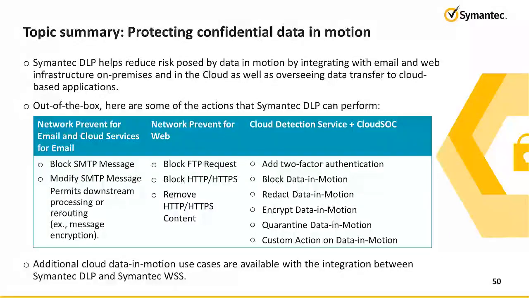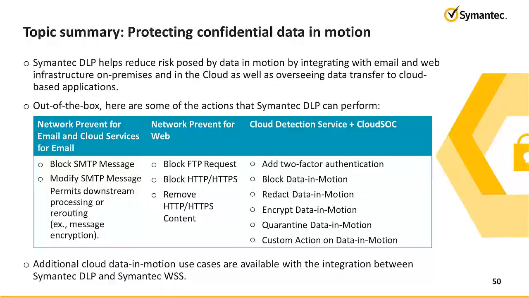To review, Symantec DLP helps prevent today's threats to data in motion by integrating with email and web infrastructure, both on-premises and in the cloud. Out of the box, here are some of the actions that Symantec DLP can perform. For data in motion via SMTP traffic, DLP can block SMTP messages by returning an SMTP-5XX failure response code, or it can modify SMTP messages by adding RFC 2822 message headers to trigger further downstream processing or rerouting, such as message encryption. Symantec offers Email Quarantine Connect and email encryption options that rely on the Modify SMTP message action to